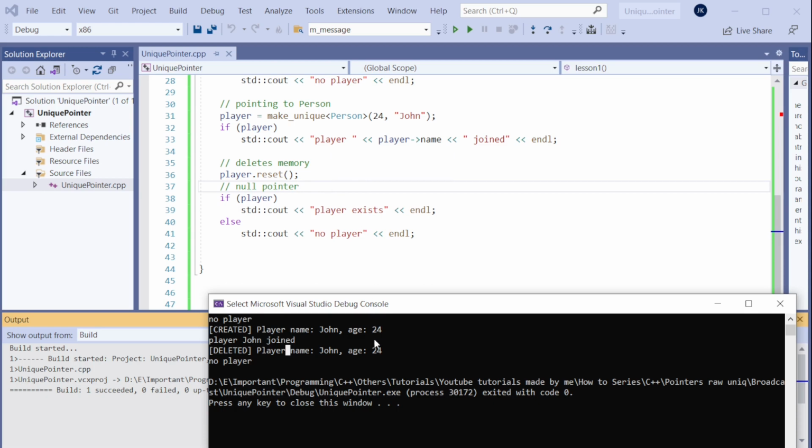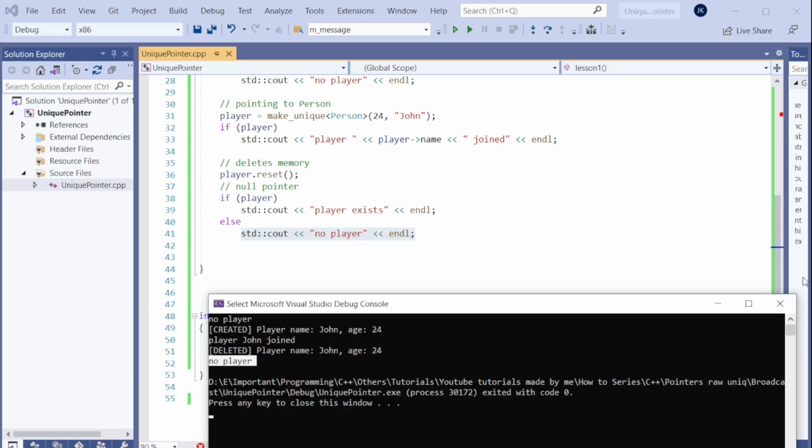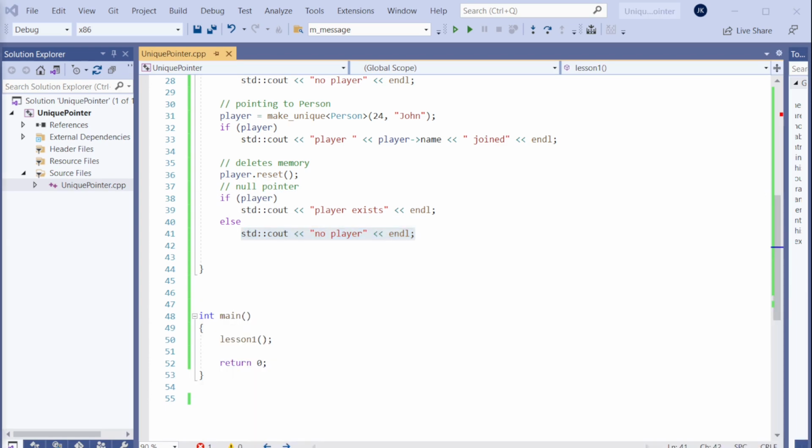Just 1 second. It's going to be called. So this is the destructor on line 36. I called reset, so it's going to call the destructor, and then it's going to say no player because it's null. So it's going to go to there. Okay. And the next thing,